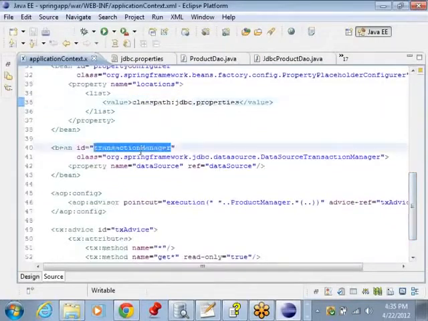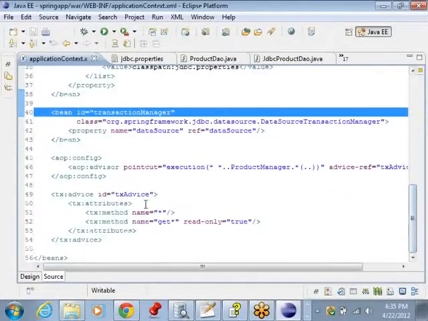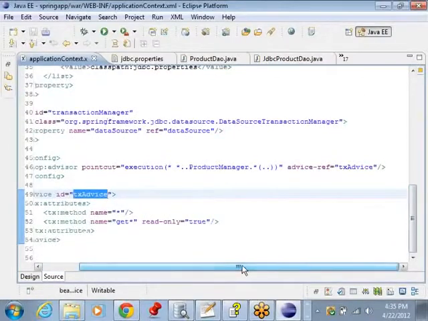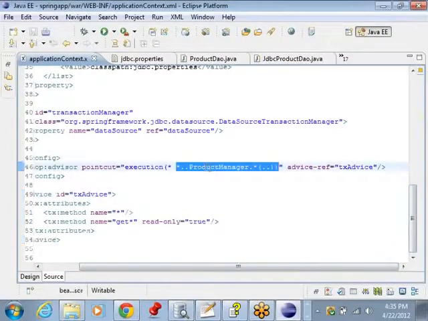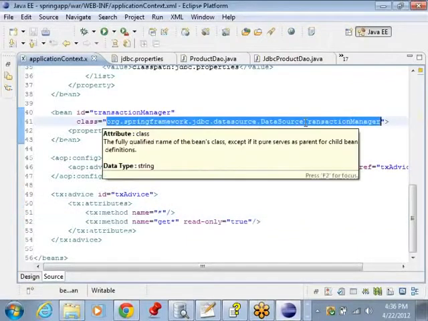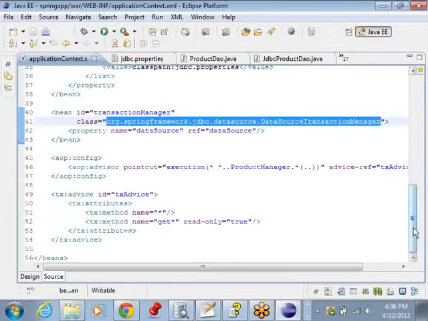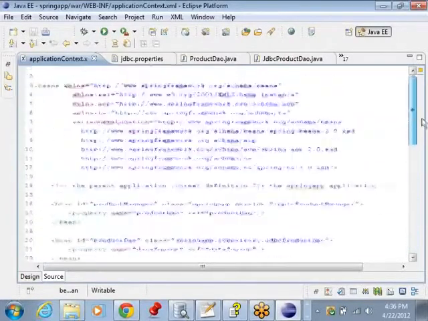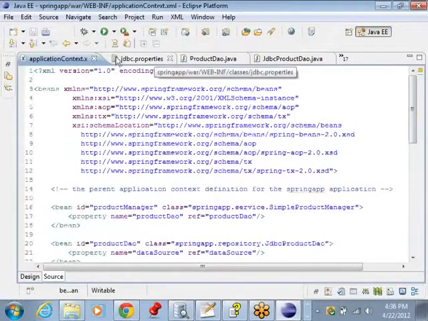And then we configure the transaction manager to provide transaction advice for the methods in the product manager. If you look at the pattern here, the pointcut that is being used is for all the methods of the product manager, apply this transaction advice. So you're applying that behavior. All the methods which start with a get are read only, and for all the other methods we are applying a transaction context, and we are using the Spring data source transaction manager, which provides declarative transaction management. So let's go back to the